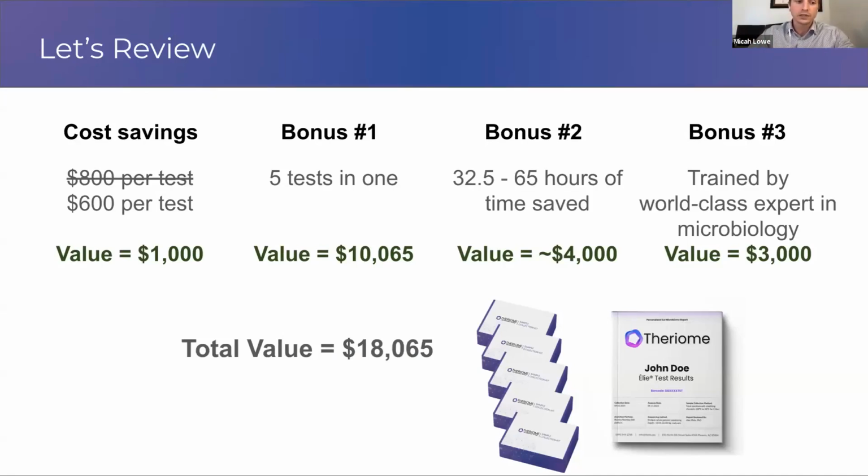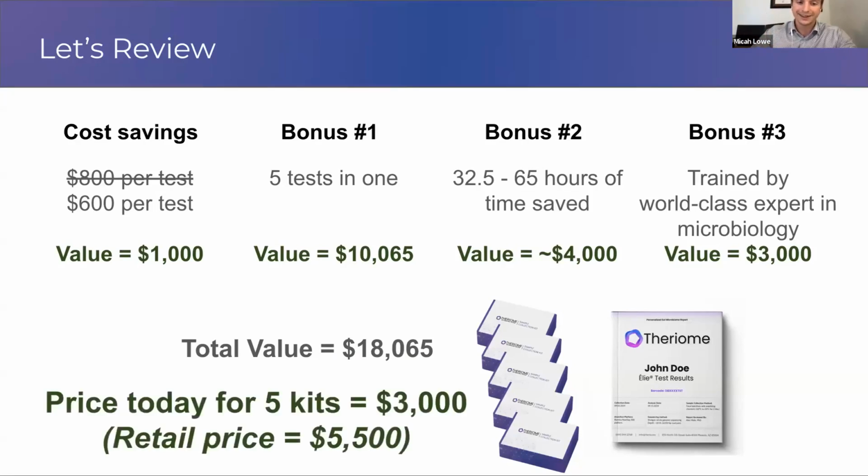What are we offering it for today? You do have to buy 5 of them. Any guesses? $3,000. I think it's a steal. This retails for $5,500. So today, if you get 5 of them, and you have to buy 5, you can't buy 1. For the early access, the reason we're doing that is because we want to have a consolidated amount